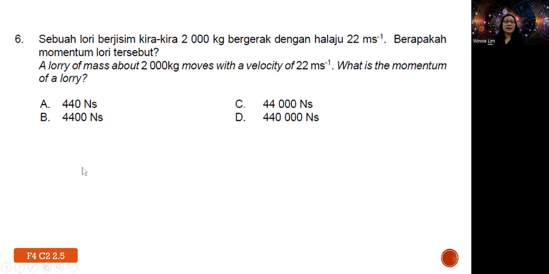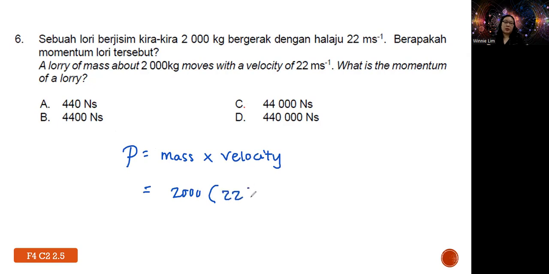And normally we will relate inertia with mass. The greater the mass, the higher the inertia. Moving on, number 6. A lorry of mass about 2,000 kg moves with a velocity of 22 meters per second. So what is the momentum of the lorry? First thing, you need to know what momentum is. Momentum is the product of mass and velocity. In the exam, you can write this definition in equation form, but in full terms. So in this context, your mass is 2,000 and your velocity is 22. When you press the calculator, you are supposed to get the final answer as C,